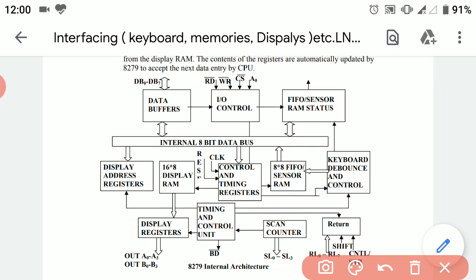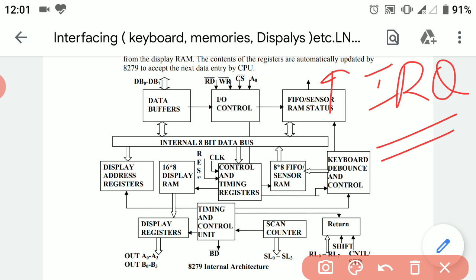So this RAM status actually tells the microprocessor to perform any read or a write operation through any interrupt request. Actually the interrupt request is generated by this very block through the IRQ pin.